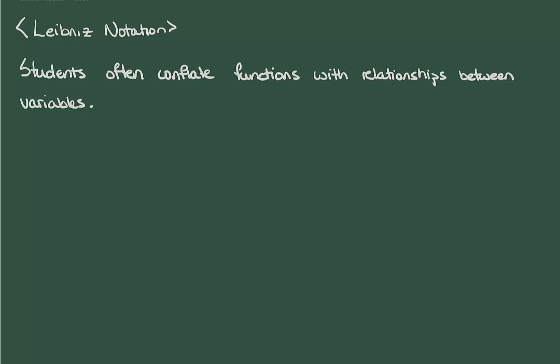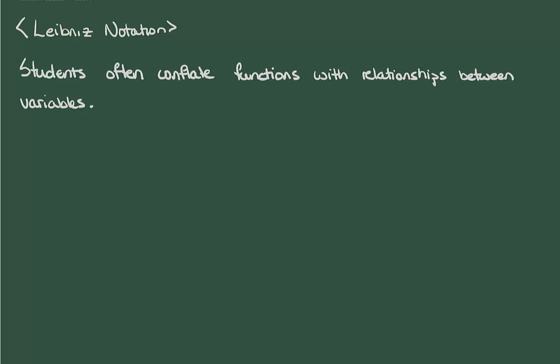There won't be much math in this video, as our focus will be on explaining notation and clarifying some misconceptions. Many students conflate the definition of a function with the relationship between two variables. For example, they feel that the input of a function should be called x and that the output of a function should be called y. This generally isn't true though, and I'm going to do my best to explain what's going on here